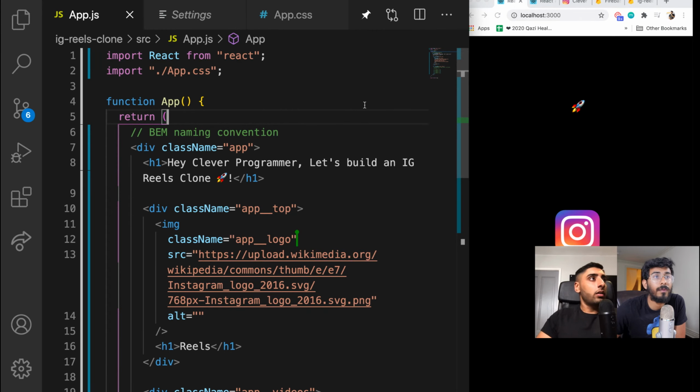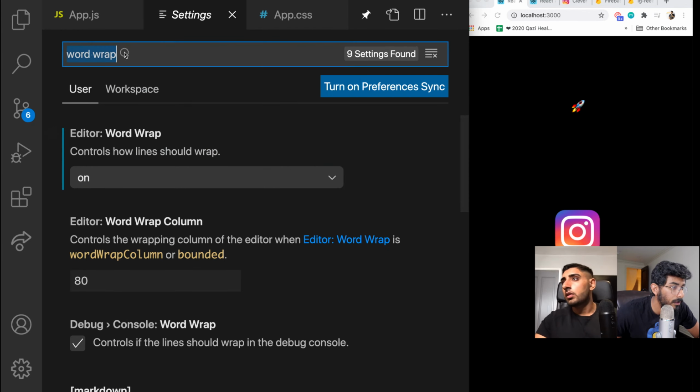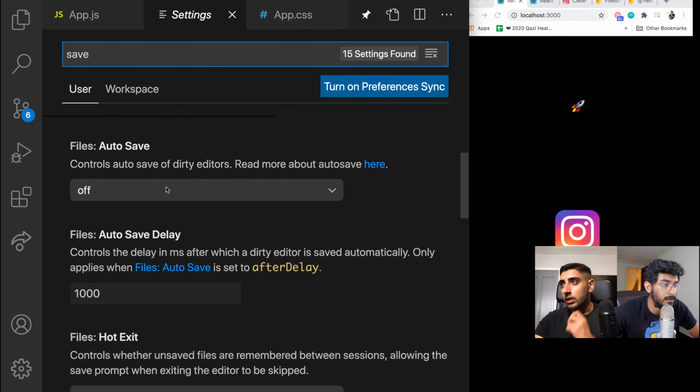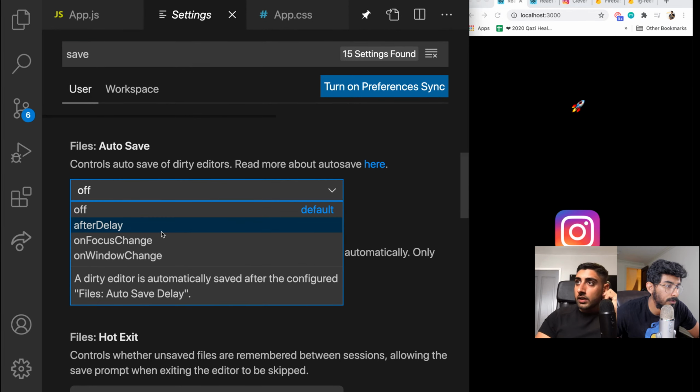Good shout, actually. Let's go ahead and click settings. Let me double check. Let's do auto save. There should be File something with controls. Auto save. There is a save. So on focus change, a dirty edit is automatically saved when the editor loses focus, or we can do